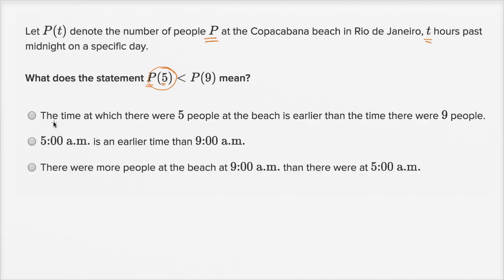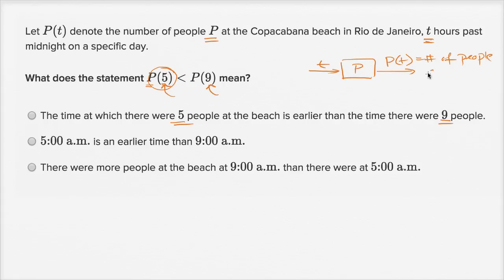So let's look at these choices. The time at which there were 5 people at the beach is earlier than the time there were 9 people. Well, no, the 5 and the 9 aren't the number of people. This is the time. This was the input into the function. The input into the function is time. This gives people as a function of time. You give a time, this function P outputs P of t, which is equal to the number of people